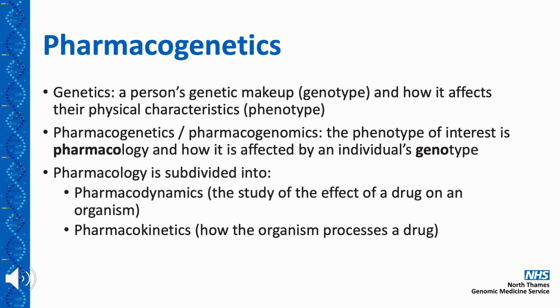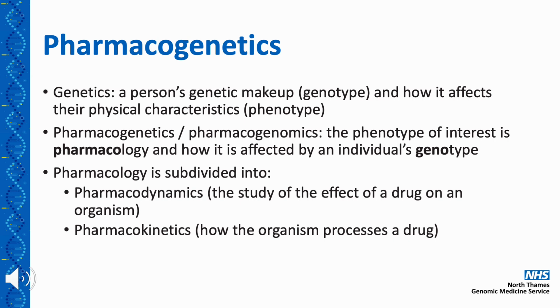Genetics is the study of an organism's genetic makeup or genotype and how it affects their physical characteristics. In pharmacogenetics, the phenotype of interest is the pharmacology of a drug and how it is affected by an individual's genotype. This term is often used interchangeably with pharmacogenomics. It is also important to understand the two main branches of pharmacology, pharmacodynamics and pharmacokinetics. Pharmacodynamics is the study of the impact of a drug on the organism, while pharmacokinetics looks at how the organism